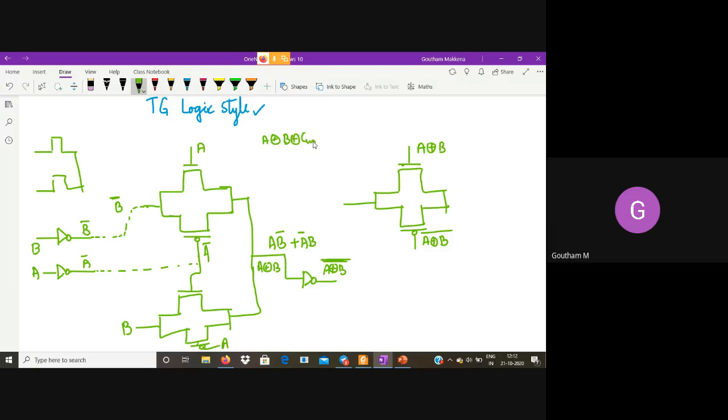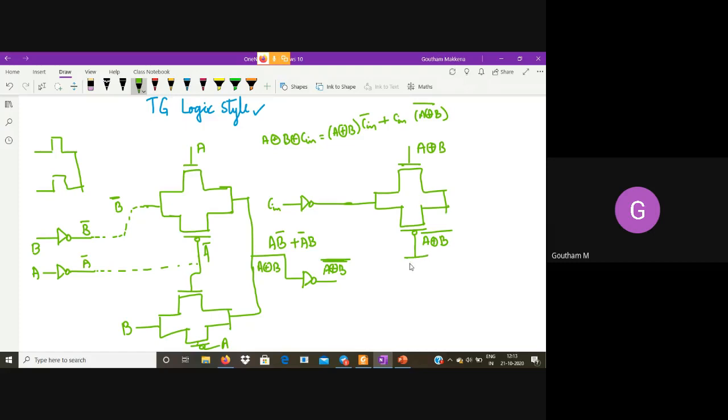A XOR B XOR C is nothing but A XOR B into C in bar plus C in into A XOR B whole bar. So this top one should be implementing A XOR B into C in bar, so I'll give C in bar here.